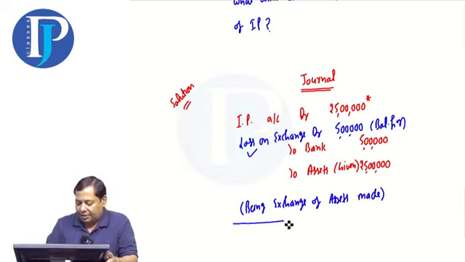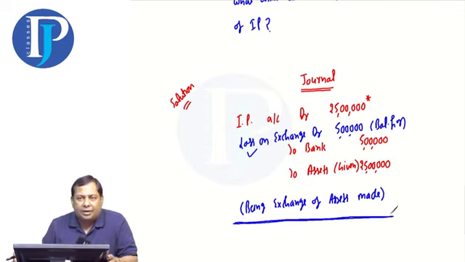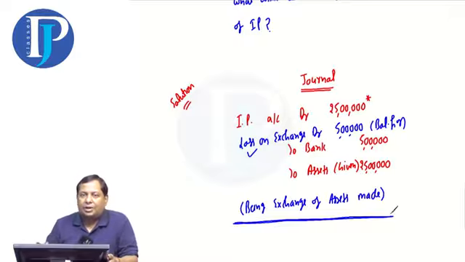I'm only just trying to explain this much, that the cash payment is not relevant in case 1. It does not impact the cost. But when case 2 comes in and we start looking at given up, whatever cash we pay gets added to the cost. You have to keep this in mind.